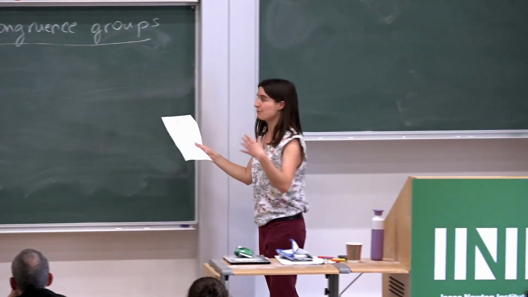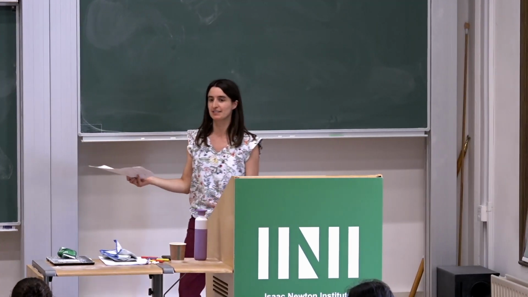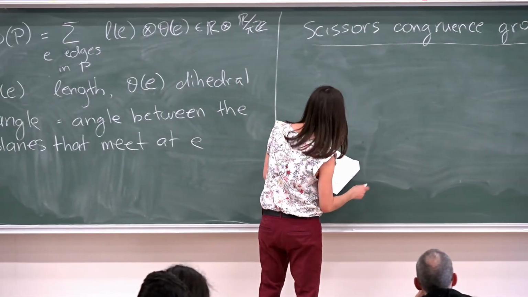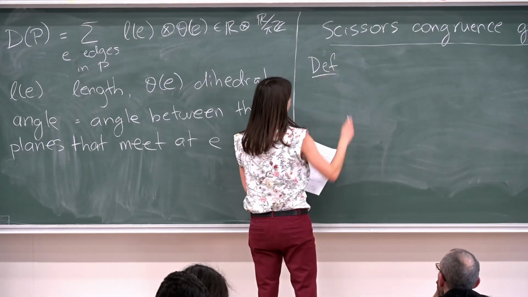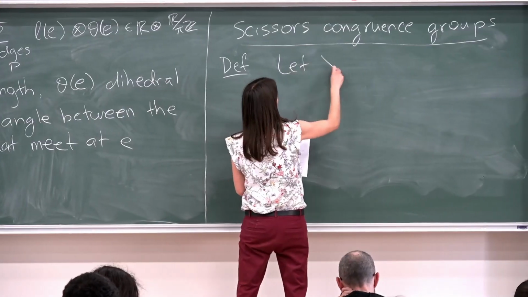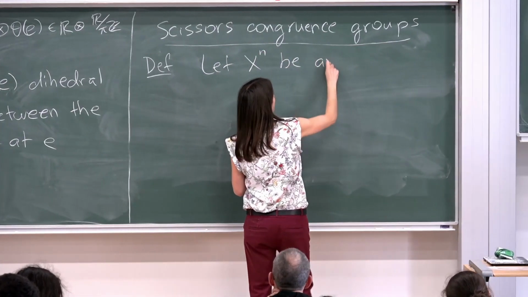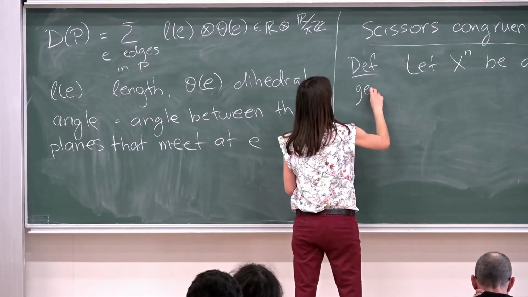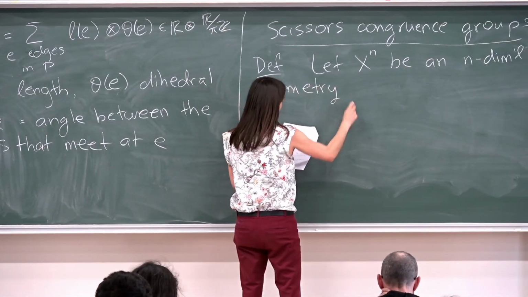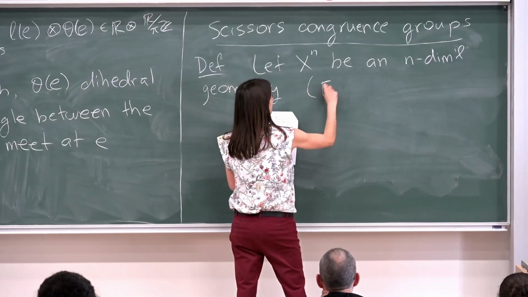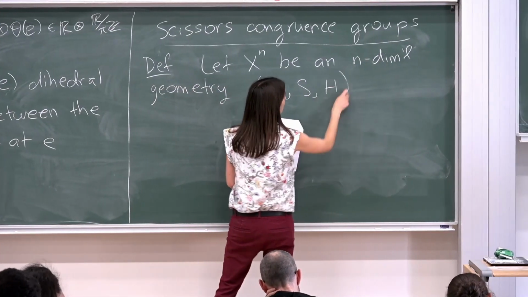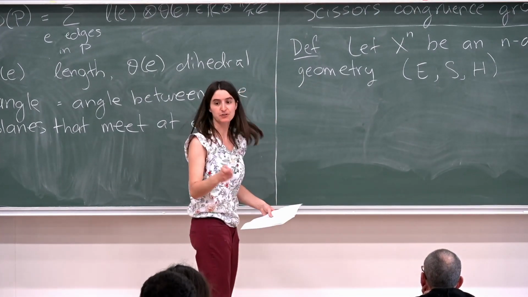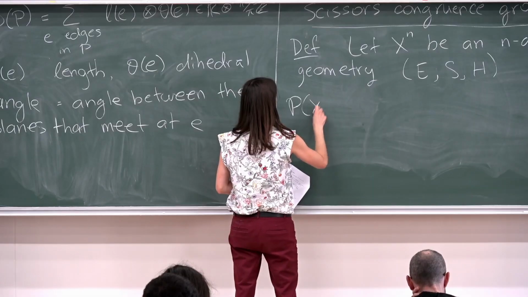All right. Then we want to talk explicitly about where these scissors congruence classes of polytopes live, and they live in scissors congruence groups. So let Xn be an n-dimensional geometry. And by that I mean Euclidean, spherical, or hyperbolic. So the scissors congruence group of X